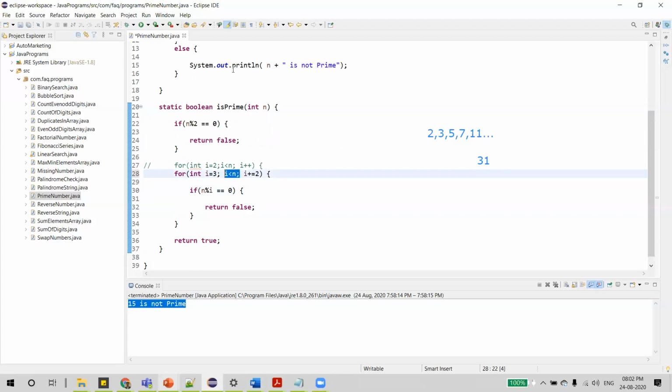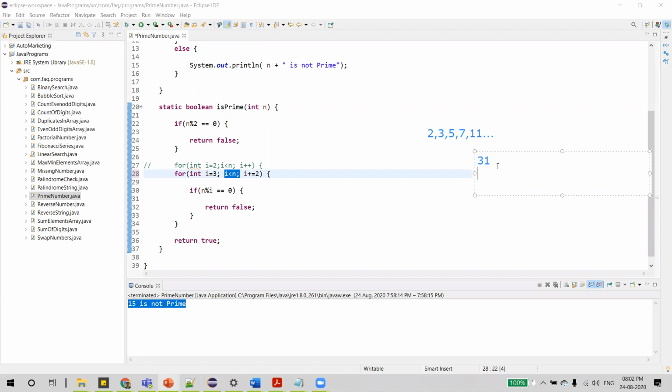Now we'll come to this condition. To understand what the condition can be, let's try with an example. Let's say we have the number 31, which we clearly know is a prime. How do we find the factors for it? n modulo I, meaning I into some multiple is equal to n.